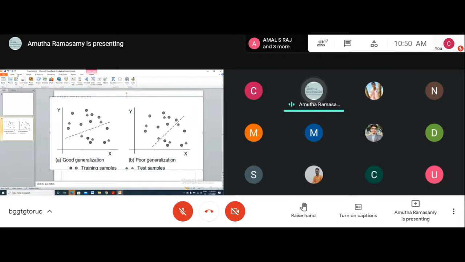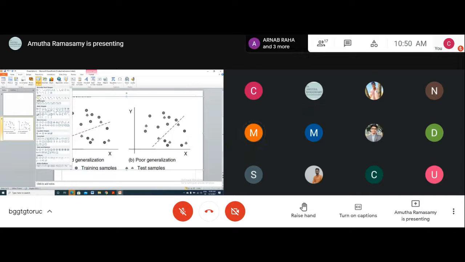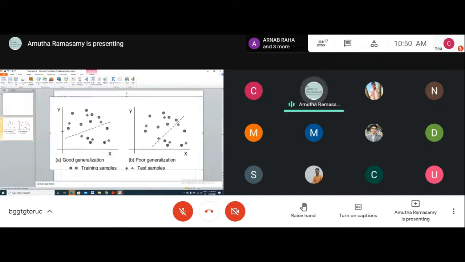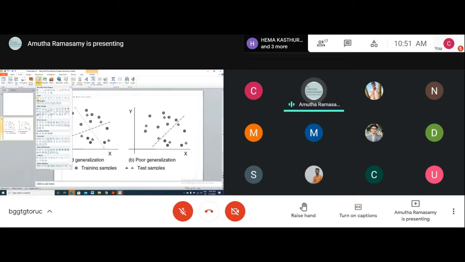Are you able to see this? Yes, ma'am. Okay, so I can also classify the data like this by putting one line. I can also classify like this. But the problem here is if I put a line like this and if I put a line like this,